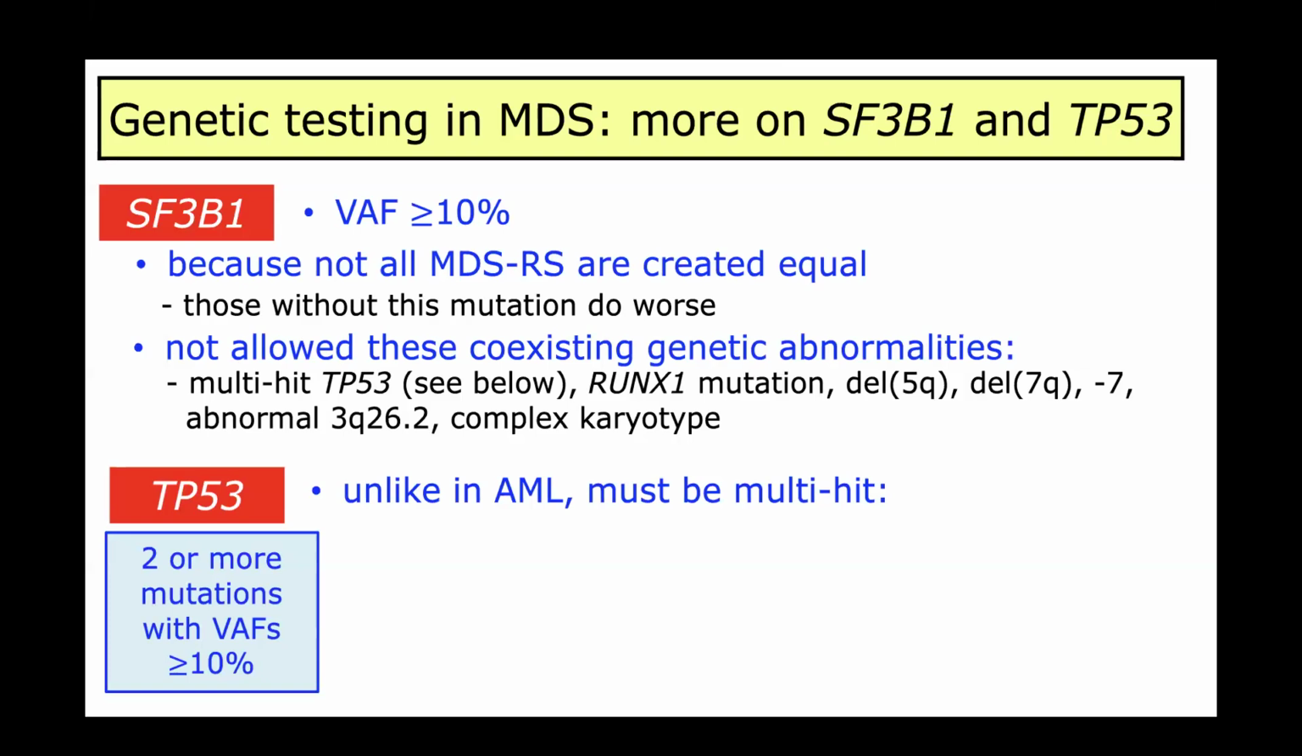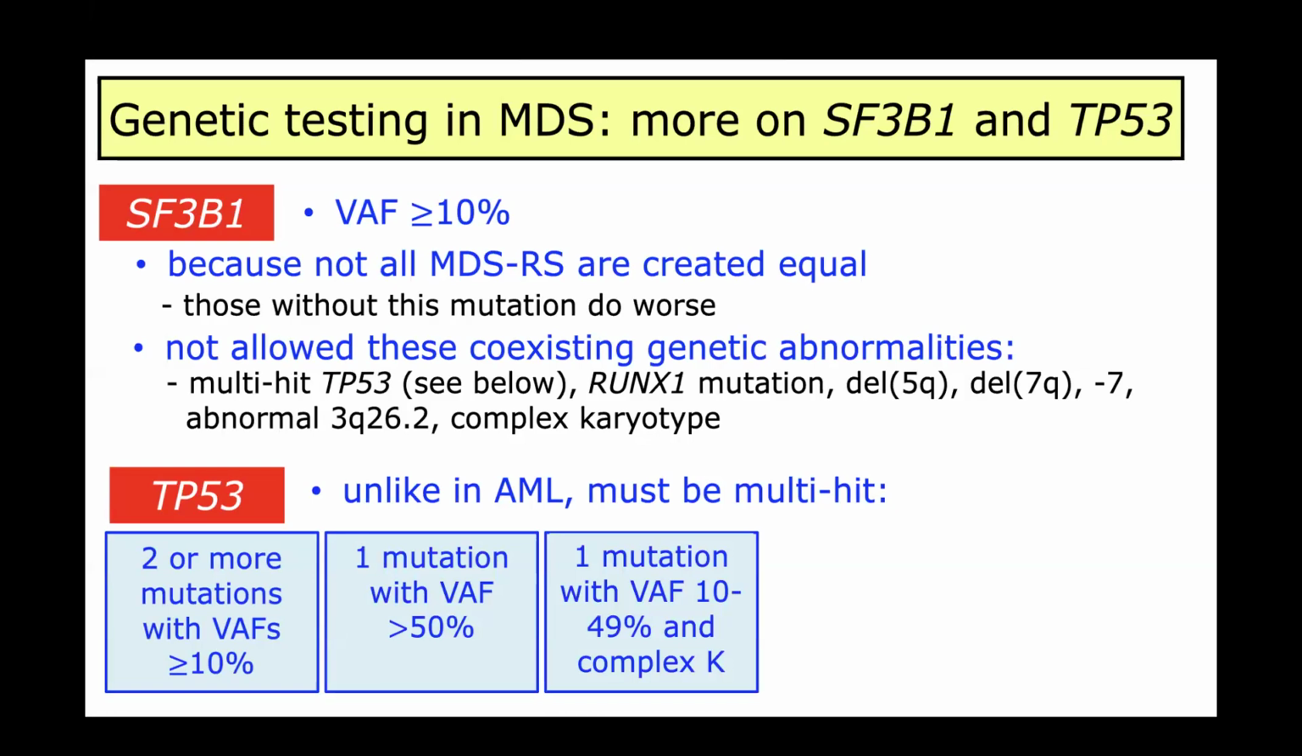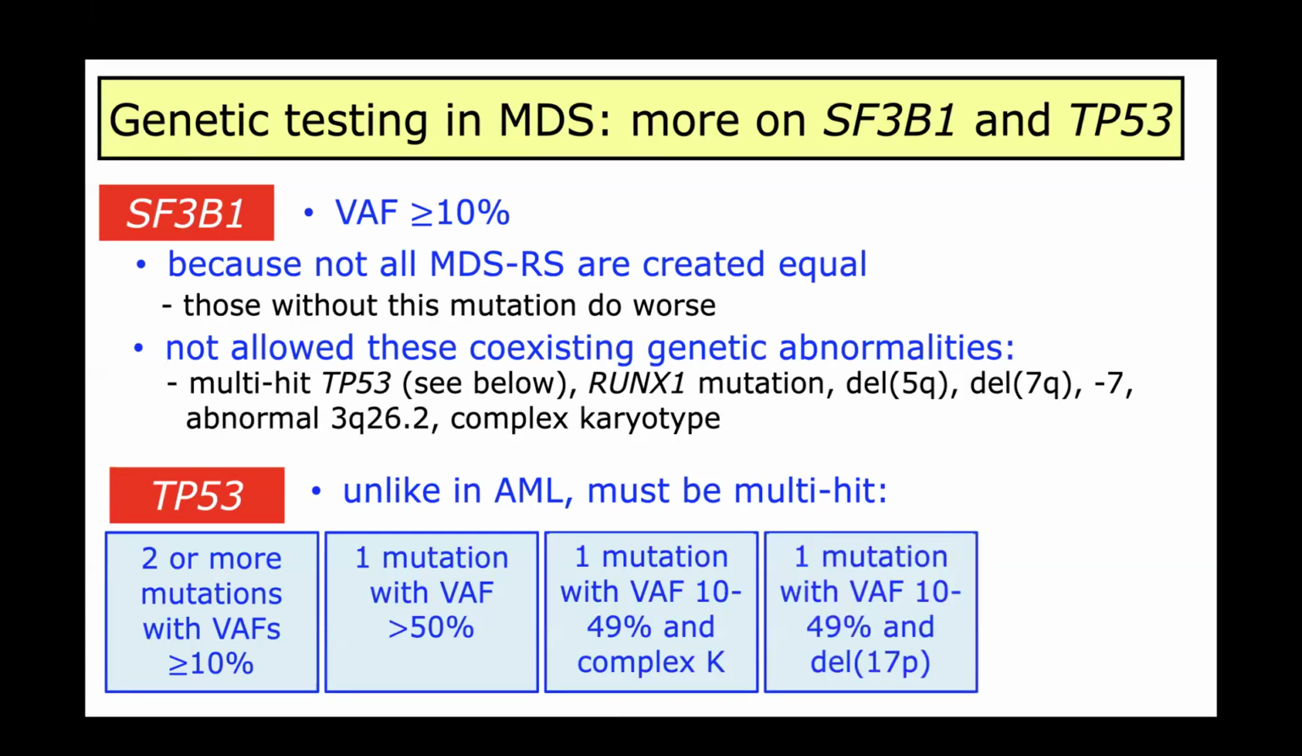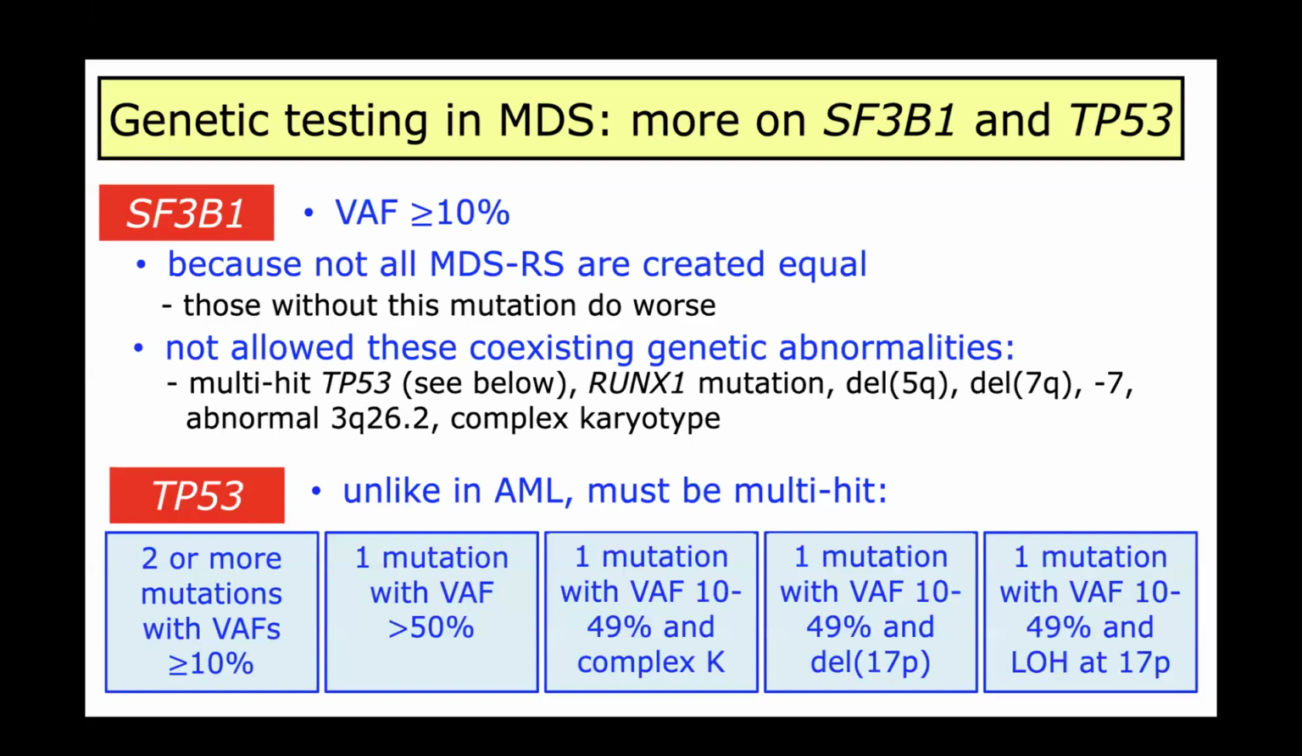The easiest 2 ways are if there is more than 1 mutation, 2 or more mutations, each with a variant allelic fraction of more than 10%, or if there's 1 mutation with a variant allelic fraction of greater than 50%, or if there's 1 mutation with a VAF between 10 and 49% in the setting of a complex karyotype, 3 or more abnormalities, or if there's 1 mutation with a VAF again of 10 to 49% and deletion 17p on karyotype or FISH analysis,